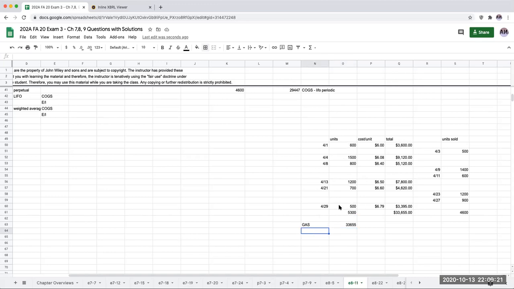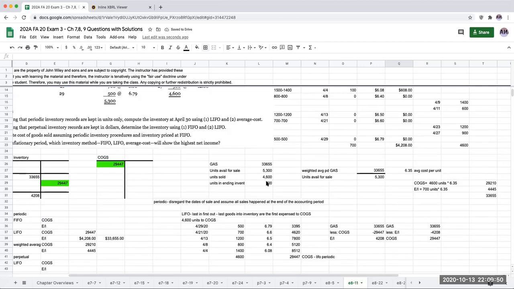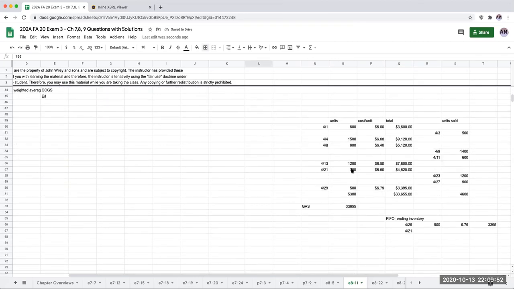So I'm going to look at this a little bit differently. I want to be lazy. So what's going to be remaining? Well, LIFO, or last in, first out, is what we call it. So my ending inventory under FIFO is going to be on April 29th, 500 units at $6.79. And then on April 21st, because I have a total of 700 units in my ending inventory,